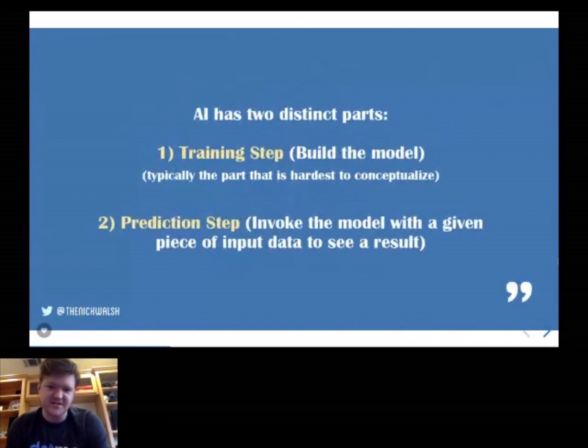So there are two very distinct parts, and I think this is really where people get tripped up because it's never one or the other. It's always both, whether you're doing both or you're abstracting one of them away. So two distinct steps. First is the training step where you build the model. And the second step is the prediction step where you are going to invoke that model with a given piece